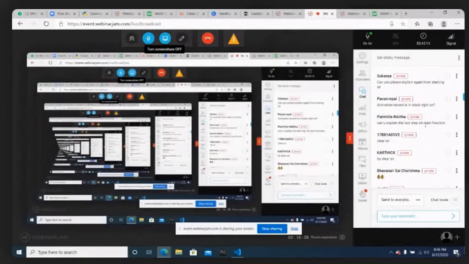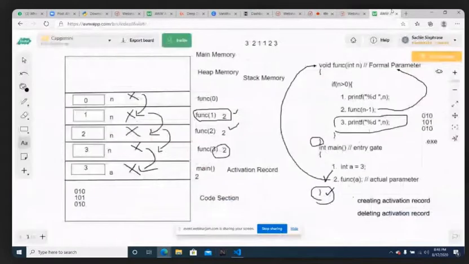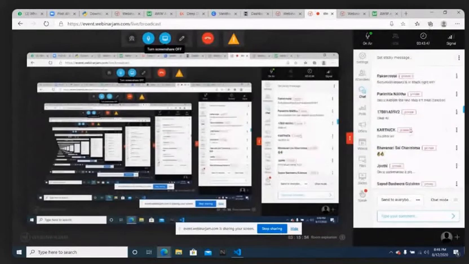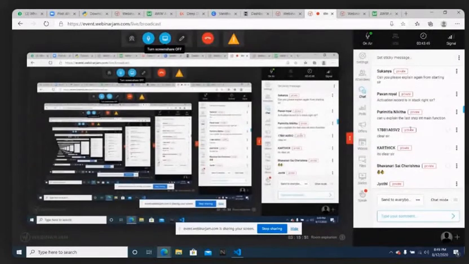Can you explain the last step in the main function? The last step is very clear. Once you enter the function block from the function call and execute all the lines, you come back here, and after the second line is completely executed, you have to enter the third line. So at the second line you make a call, you go there, and after all the lines are completed, you come back to the second line and start executing from line number 3. Is the activation record in the stack? Yes, an activation record means it is in the stack.